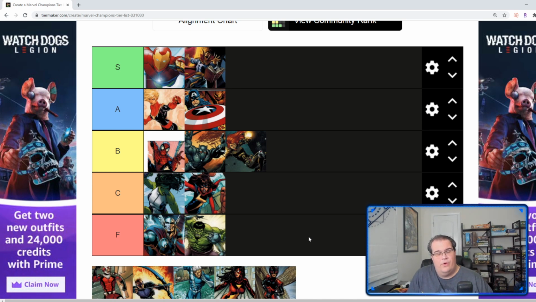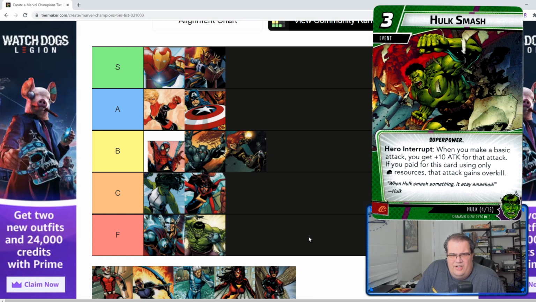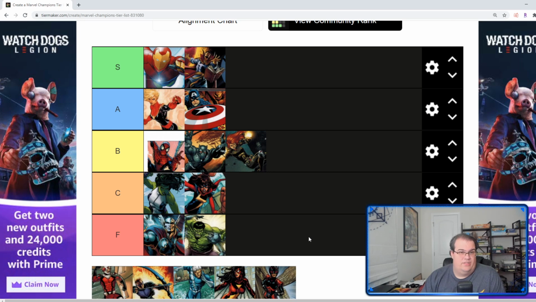Hulk has 4 cards, but he can't carry over any cards from his previous turn. You have to get rid of all your cards every turn. The biggest card is Hulk Smash. It's a 3 resource card, plus 10 to your attack. If you paid for it with only strength resources, you essentially get overkill. So the whole point of this is you get this big 13 damage attack with overkill that just looks really awesome to do. Now, the problem is it's a 3 resource card. Hulk's hand is 4 cards normally if you start in Hulk, which means that your whole turn is playing Hulk Smash,